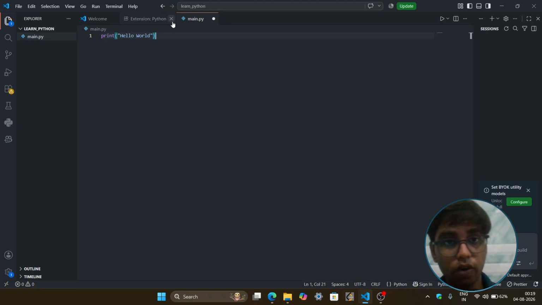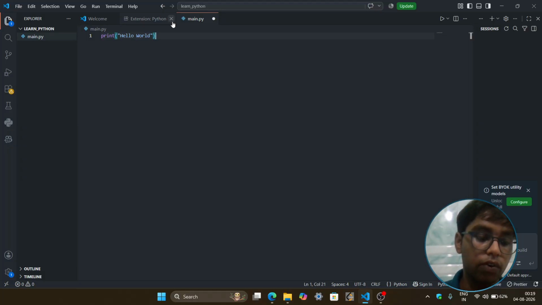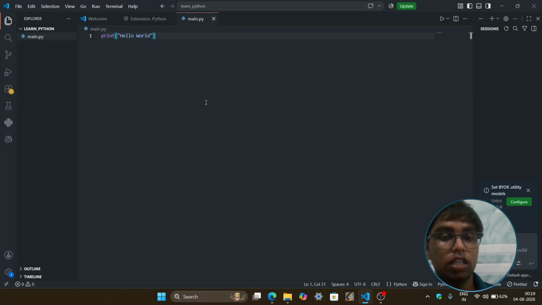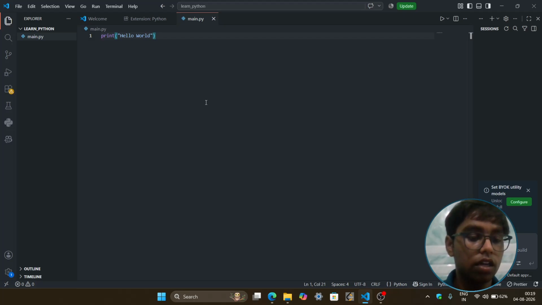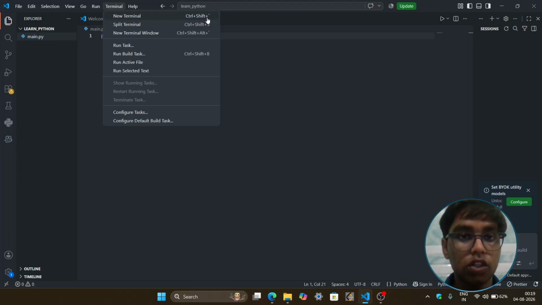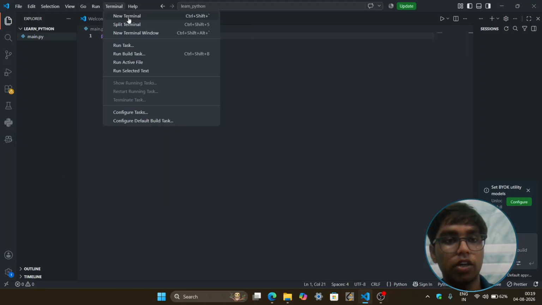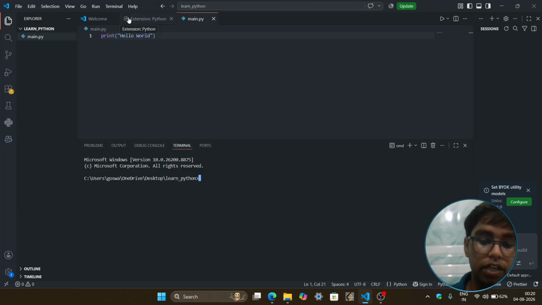So whenever you want to run a Python file, you must save it first with Control plus S. It will show if it is saved: here you will see a cross sign, or if it is not saved, here will be shown a dot sign. So it's saved successfully. Now open your terminal. You can use Control Shift and the button below escape, or I will show you. For opening the terminal you can use Control Shift and this symbol, or you can simply go over the tabs and click new terminal.